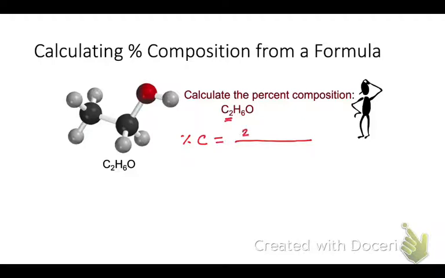So I have 2, every atom has an atomic mass of 12.01 grams, divided by the molar mass of ethanol, which is 46.07 grams. This is grams of carbon and this is grams of ethanol. You multiply this by 100%